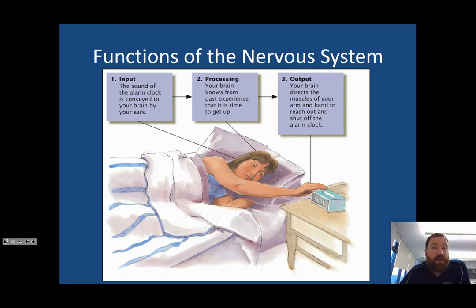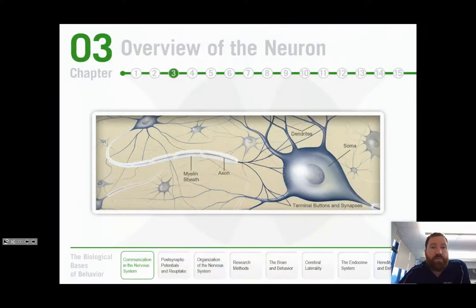And it does all of that through the connections of neurons, which are the basic cells within the nervous system. So just like how you have other cells in your body, skin cells, stomach cells, T cells, nervous system cells are specialized and they're called neurons. So what we're going to do in this video is walk through the anatomy of a neuron and kind of how it works in general. We'll come back with another video about neurotransmitters and all these other things. And we'll also be talking about some of those in class as well, just to kind of have a conversation around them.